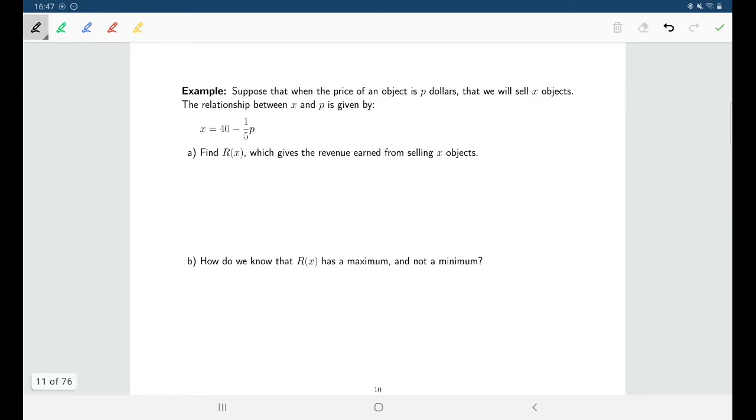So here we go. We've got an example. We've got a demand equation given to us. When the price of an object is P dollars, then we're going to sell X objects. And that relationship is given by this equation, that you could say that X, the number of objects you sell, is 40 minus 1/5 times P. Or you could rewrite it by trying to rewrite this equation and solve for P. If I multiply everybody by 5, and then solve for P,